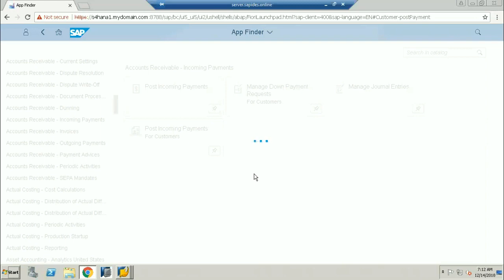Yeah, for example, there are standard business roles like accounts payable. But that is what I'm telling. If you log on to the Fiori application, you just go to the app finder. In this app finder, you will see all the related apps over here. So which app you want, just tell the Fiori consultant. He will make that particular Fiori app applicable for your role access.